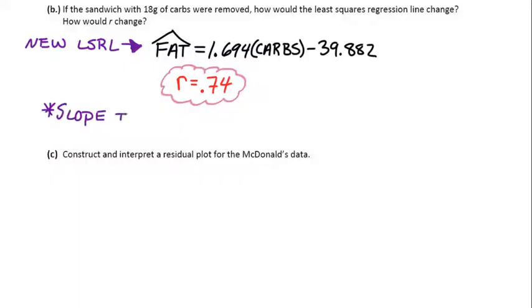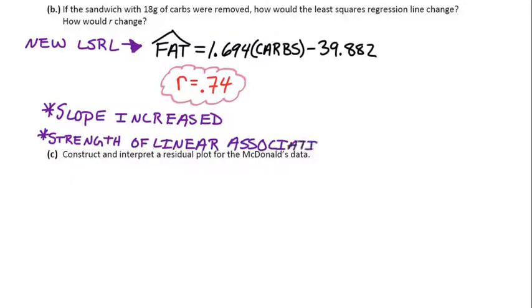So the two things that happened, one, our line changed, our slope increased, and the strength of our correlation and our linear association obviously increased. All from that one single point. We got a big jump in the correlation. Okay, so the last thing we need to do on these notes is construct and interpret a residual plot